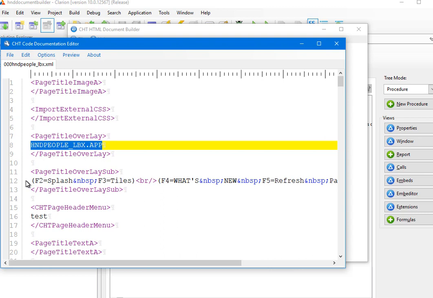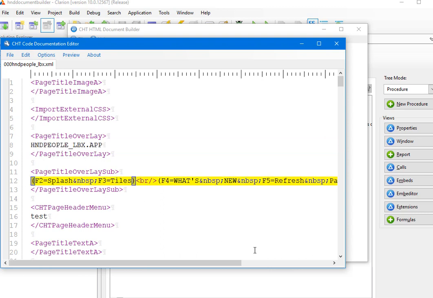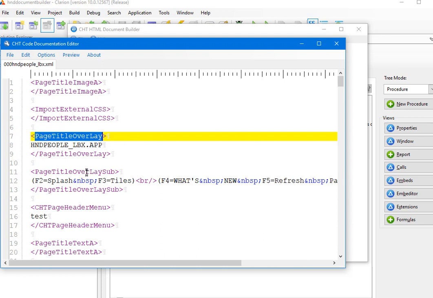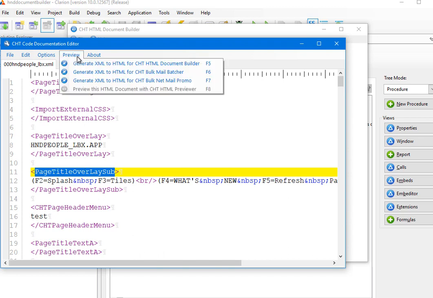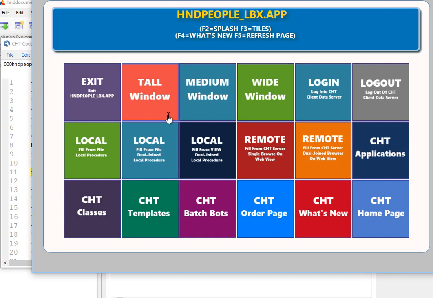And here are the hotkeys that appear in the window. So this is page title overlay, and this is page title overlay sub, which is a sub menu of the overlay. So if I preview this using this first menu, generate XML to HTML for CHT HTML document builder,